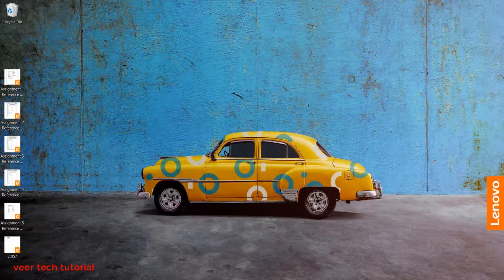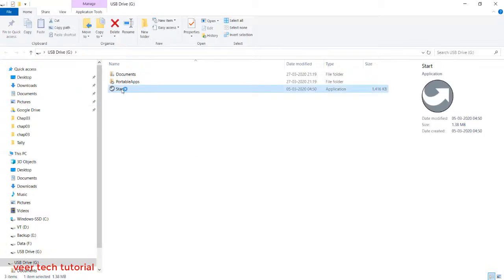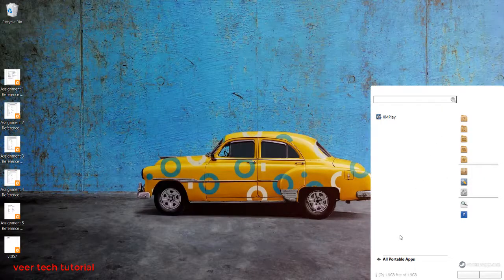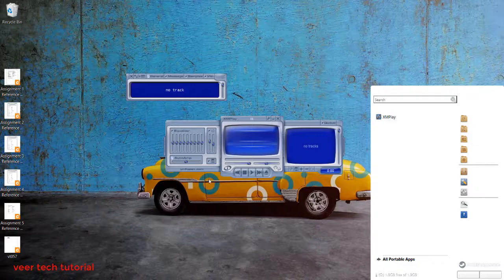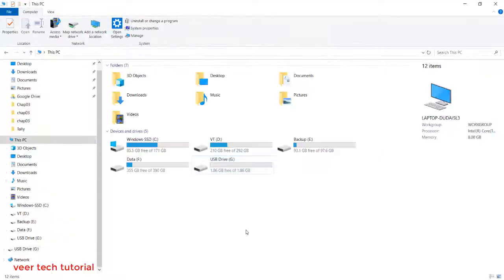So let us begin. Now I'm going to insert the USB pen drive into my computer. You can see these files. You need to double click on the start button. The application will open automatically. So this is the application we can see, and here all the lists are available. You need to double click over here. We can see the application. You need to close this one because first we will format our USB pen drive, then we will install the software. And now open the website